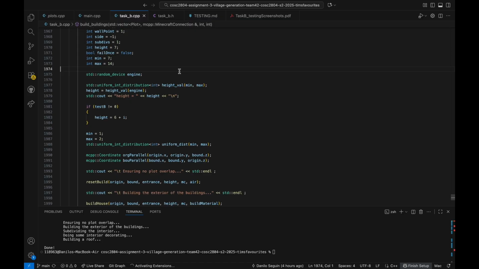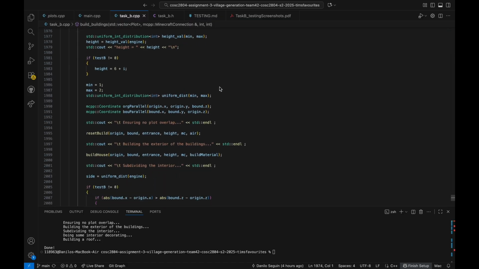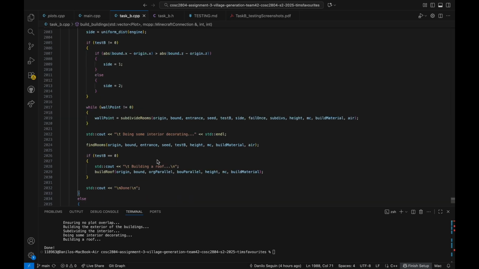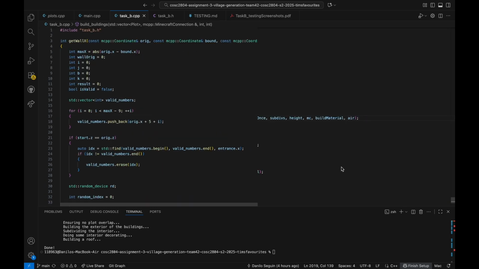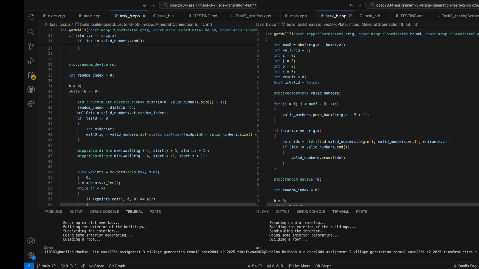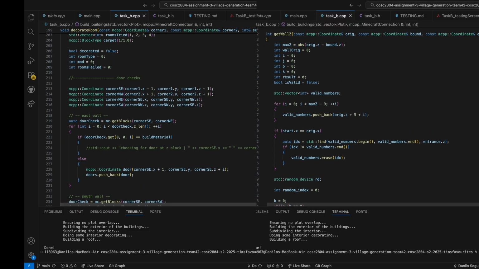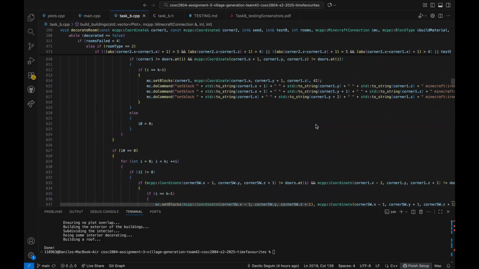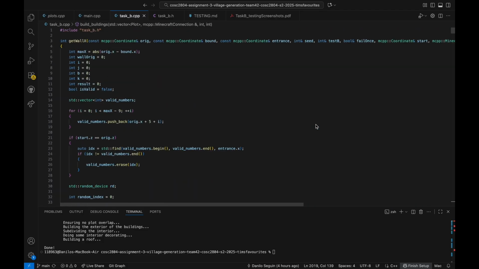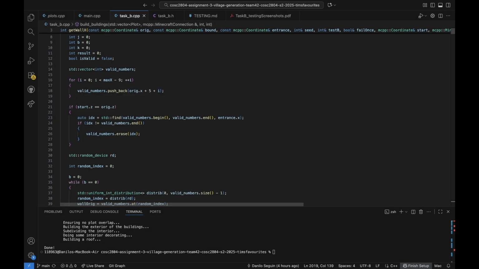A side to start on, either X or Z, is also picked at random using the same method as per the brief. Once a side is chosen, the program enters the subdivision algorithm, which recursively calls on two functions, getWallX and getWallZ, to provide wall locations inside the room that the subdivision algorithm can build until no valid wall positions are left. In order to maintain efficiency and meet the requirements of total randomness, the uniform distribution is restricted to